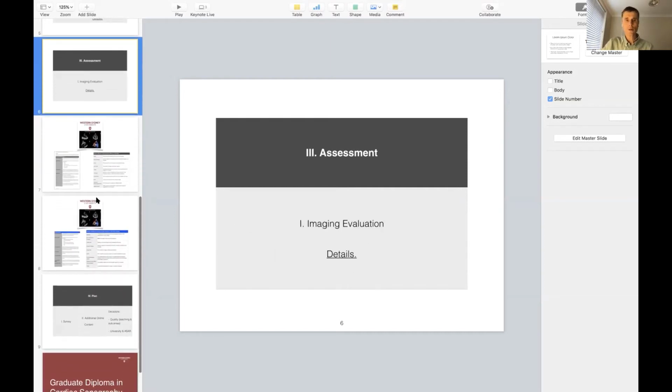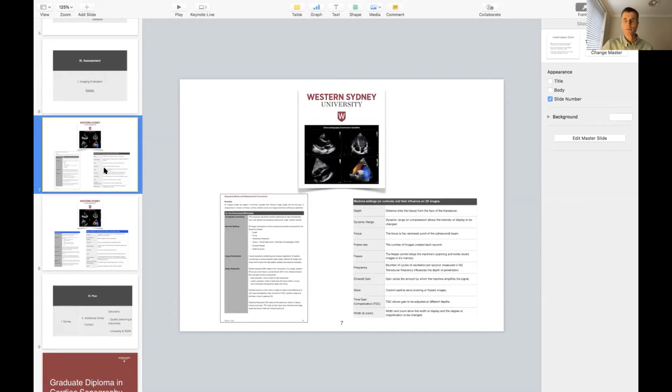Let me talk a little bit more about the imaging evaluation. This slide is not meant to be read necessarily. I just want to remind you of where to find some things that will help. So the imaging guideline has some brief details about image optimization and how to adjust control settings. And I encourage you to use that, to use textbooks, to discuss things with your supervisor